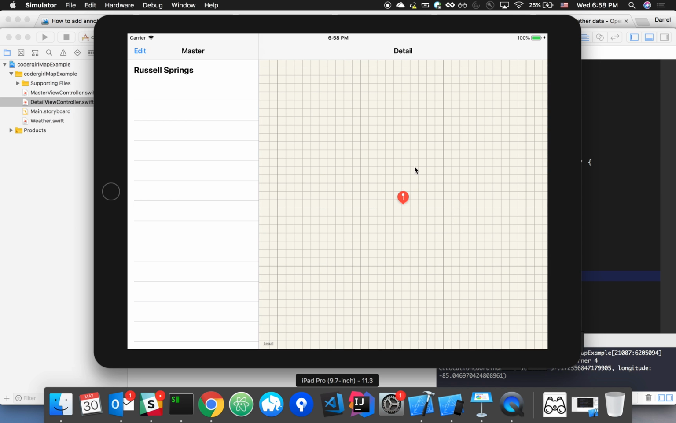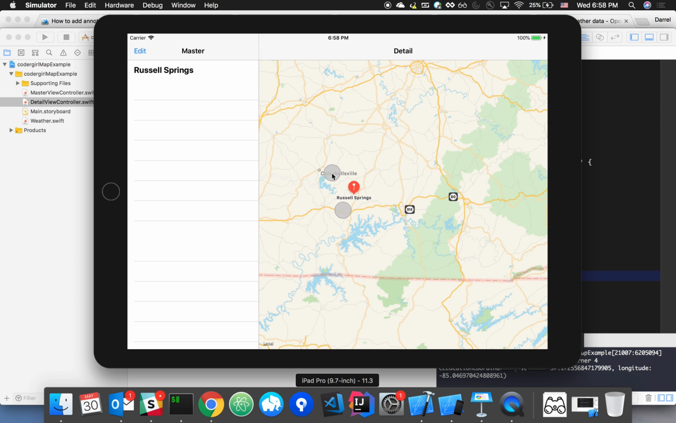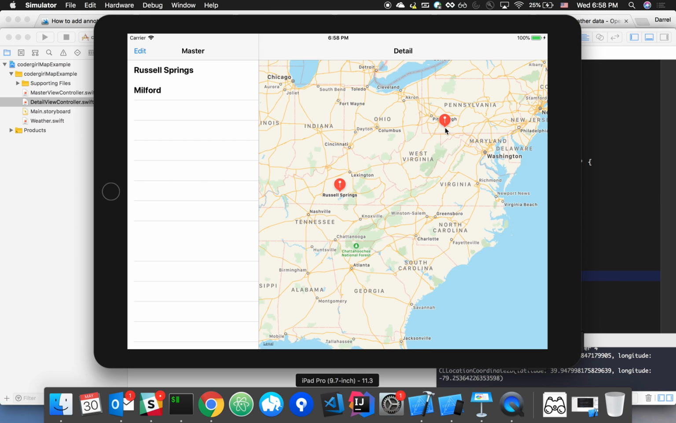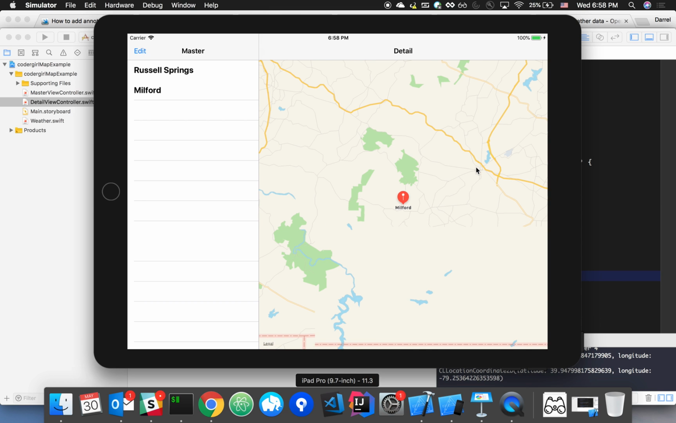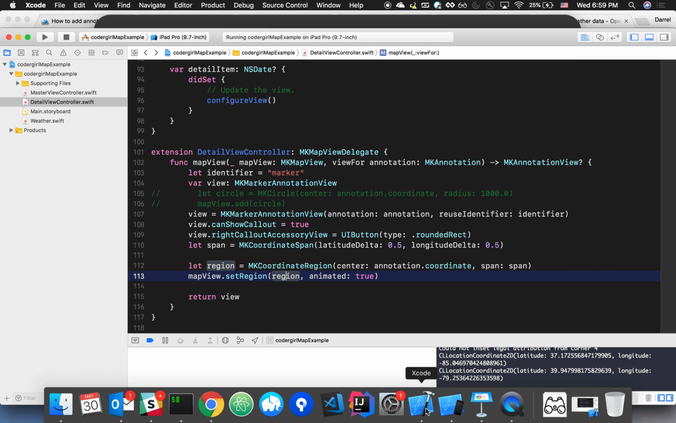Alright, cool. So you noticed we can tap on this, creates an annotation, and also zooms us into it. Cool. So next thing we might want is maybe change the map type. What's cool about that is that it changes immediately. So we'll just go ahead and add a button on our storyboard